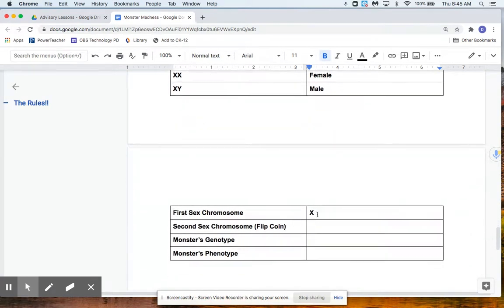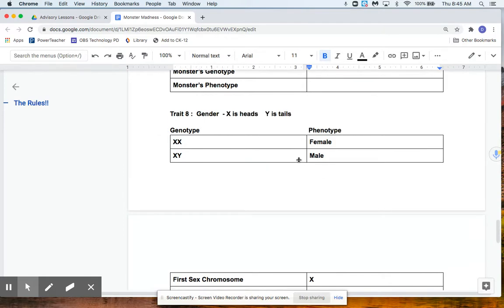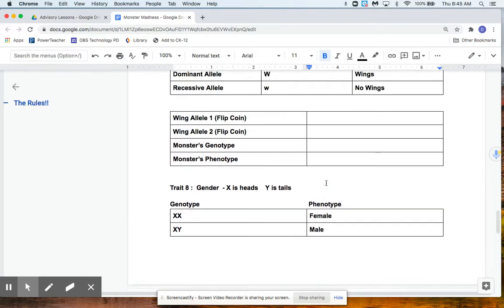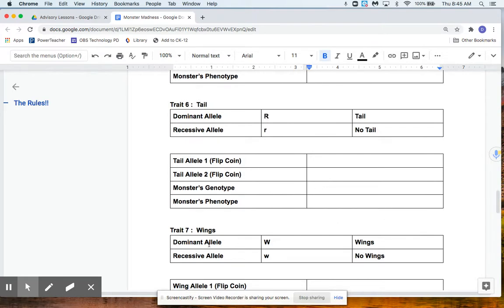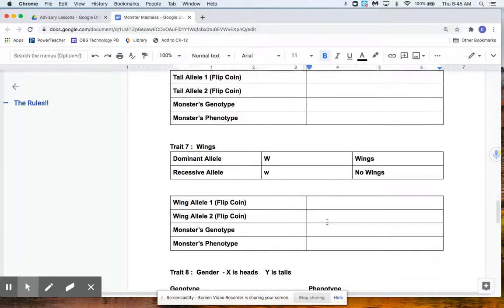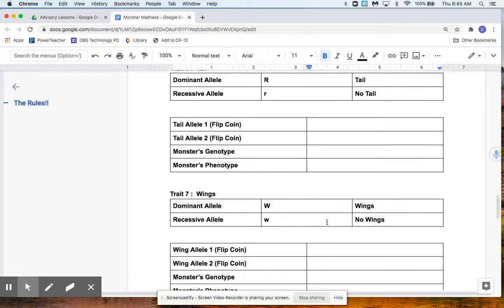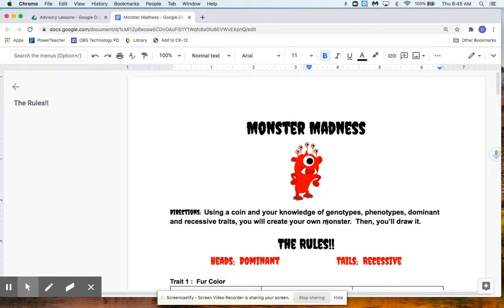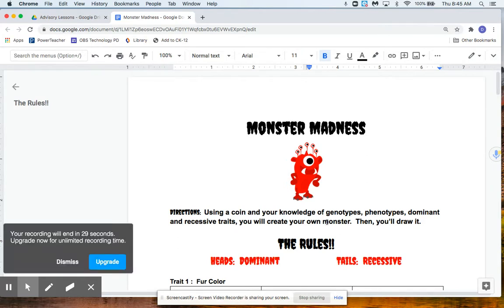I filled in the first one for you already because everybody, whether you're male or female, has at least one X chromosome. So you only have to flip for the second one and you'll get either X or Y, which will determine if you're male or female. All the rest of them are pretty much the same. You just have to look at what's dominant and what's recessive, and then identify the genotypes and phenotypes. Next week, we'll work on creating your monsters, and after you make your monsters, we'll see what we can do with them. All right,